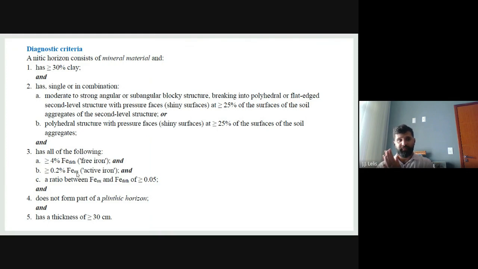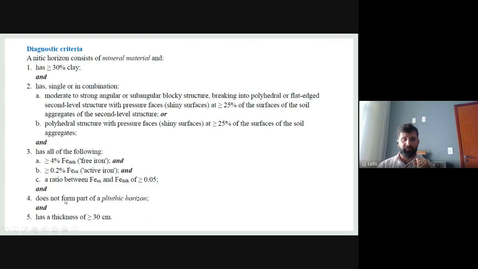It's because the nitic horizon should present a high content of clay, and iron oxides generally compose this fraction, the clay fraction. So we should present a soil that possesses a lot of clay, and at the same time present a high content of iron, that expresses a high content of iron oxides. Okay, and of course we should present a higher content of iron associated with oxalate than dithionite. Okay,